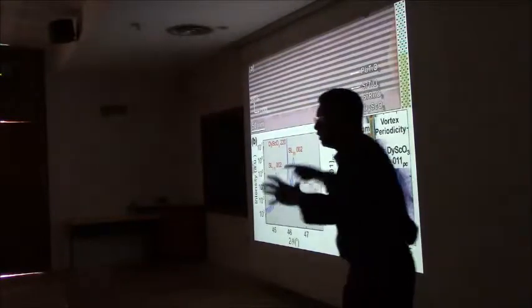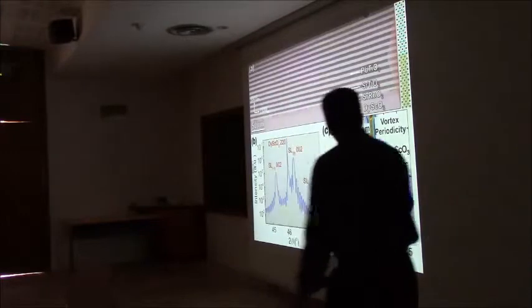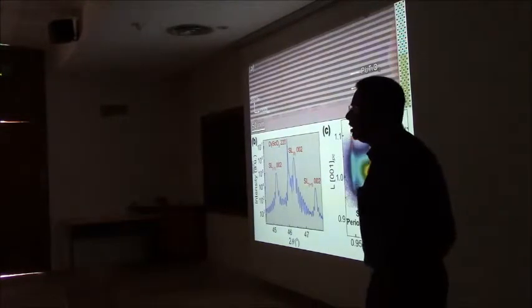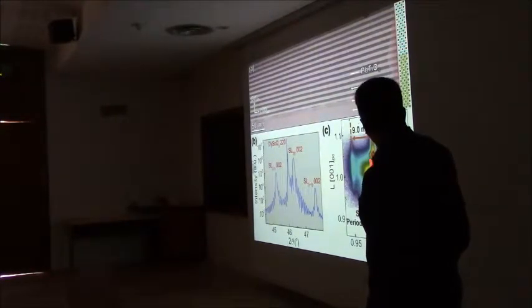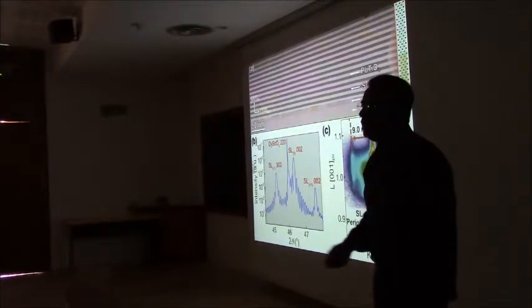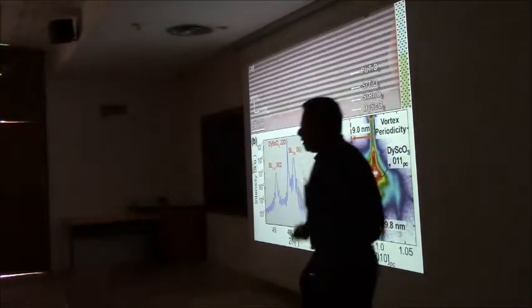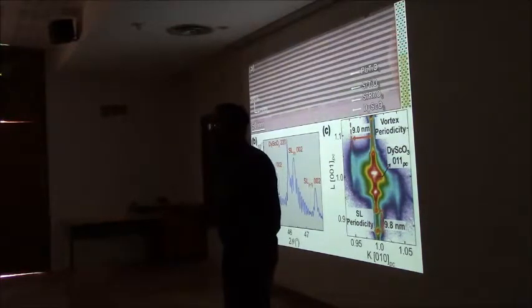When you do reciprocal space map, you can look at the correlations in reciprocal space. What we saw, of course, there's a lot of detail here which tells you about the structure, but there were a few things that we saw which were very unique, which nobody had reported before. These streak-like things. They suggested something with the periodicity of about a few nanometers, 9 to 10 nanometers.